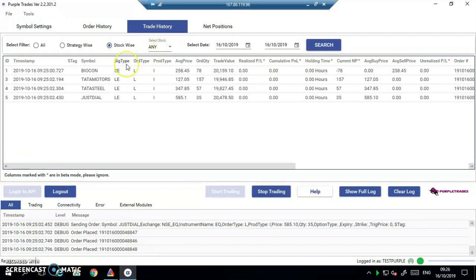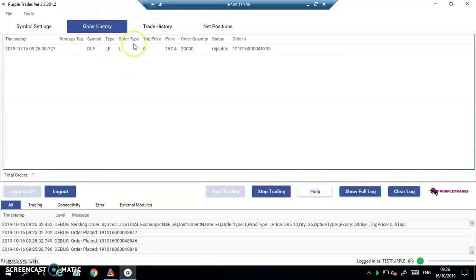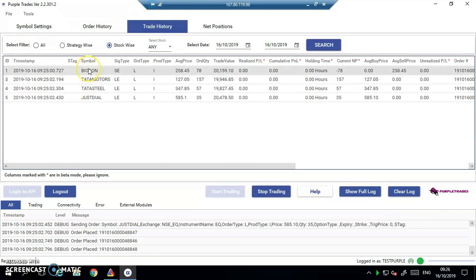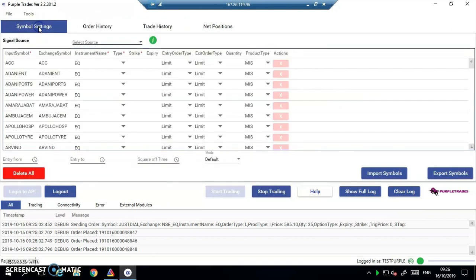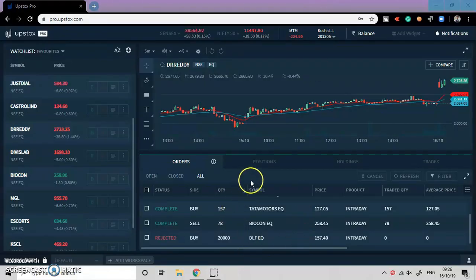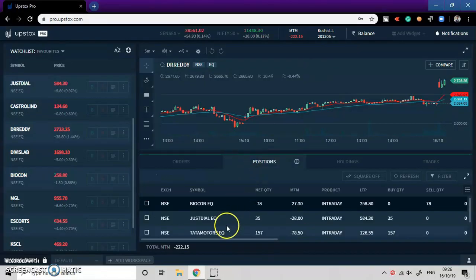So you can see here also it has shown that the order was getting rejected because I had placed 20,000 quantity. So all that update is also on our bridge as well as here. Currently you can see that the trading has started, and it is showing some minus 120, 130 rupees, and it's wildly fluctuating because we have a lot of stocks, and every stock has around 20,000 rupees invested. So there are 4 scripts, so closely 80,000 rupees is already allocated.